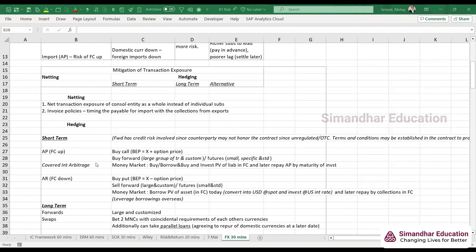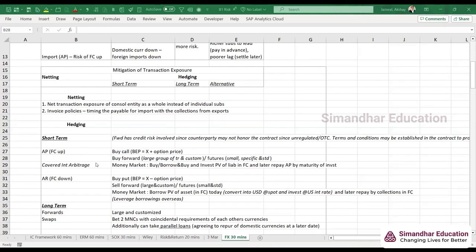Forward is a customized contract. We may go to a bank and say that we have a contract of getting 1 million yen from our customer Rakuten Japan, and I want to hedge myself, right? So what I can get into a contract with is I will sell a forward that in the future you will give me at this predetermined rate, right? The bank will give it at the predetermined rate because